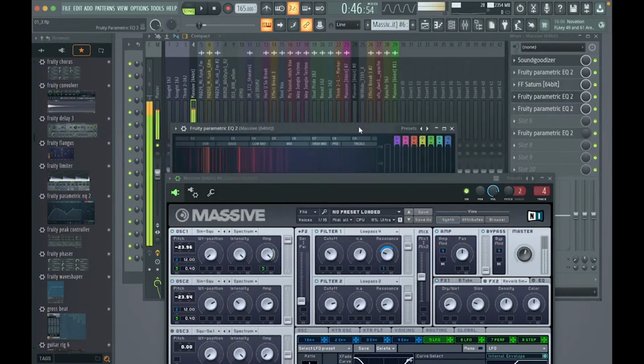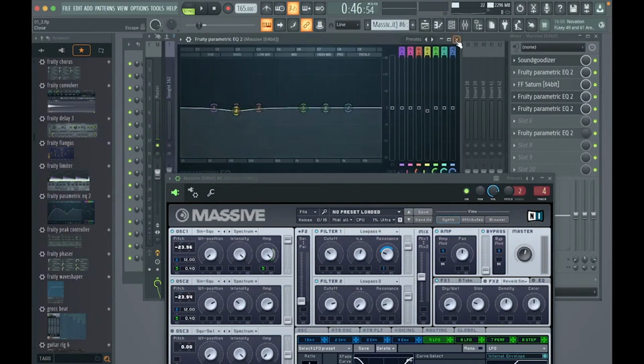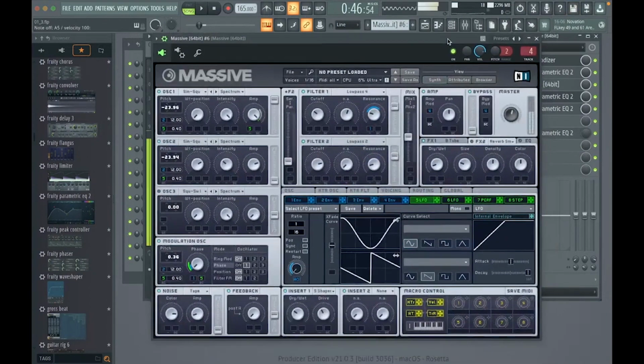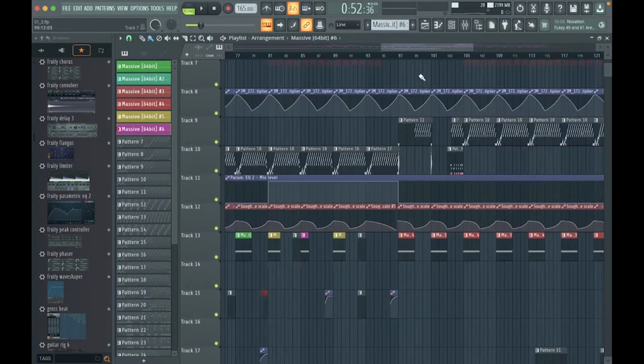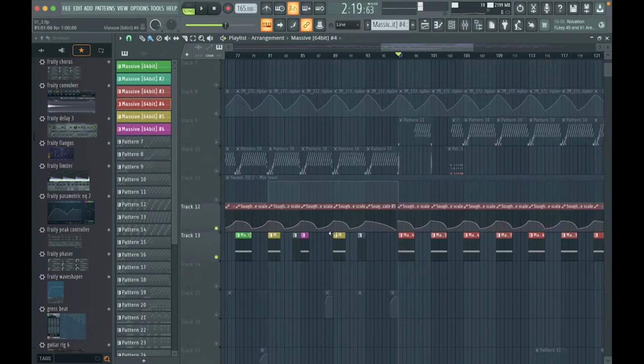Then again, a couple of cues. I tweaked them when I was mixing the tune. Yeah, that's it. So I will include this bassline in the monthly Patreon pack. Let's check just the second part. Also, what I forgot to say, that